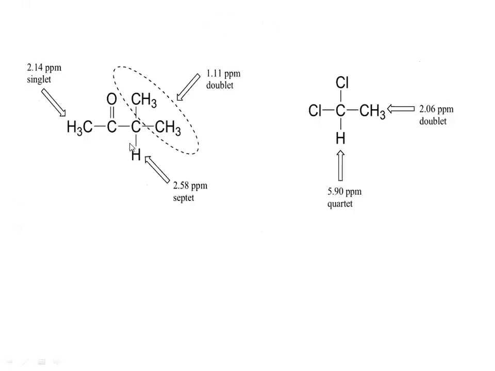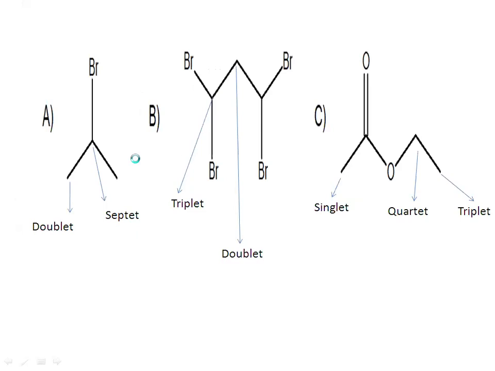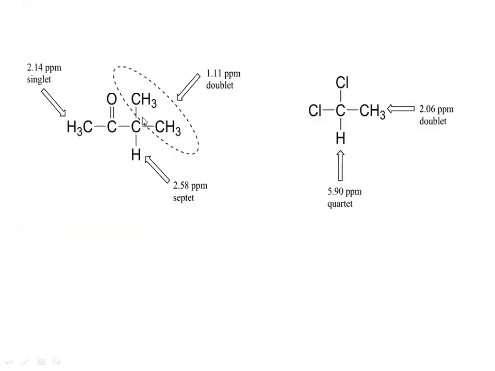Now this is for compound A. Here the CH proton, when you go to the neighbors, these two are its neighbors, each bearing 3 protons. So this proton is going to split as 3 plus 3 plus 1, 7. So it will come out as a septet. So this proton will come out as a septet.